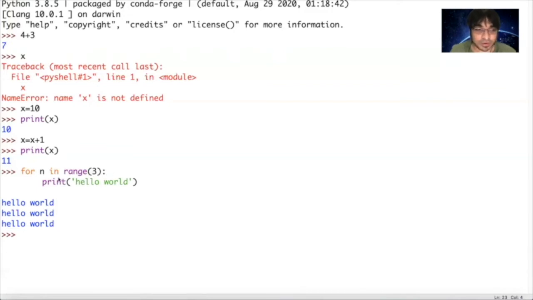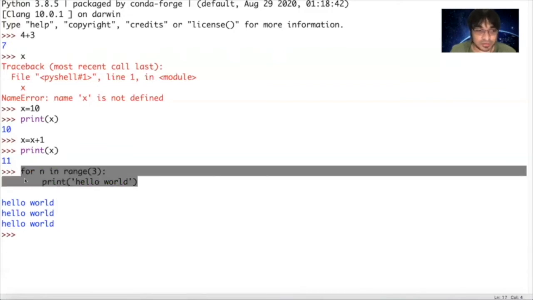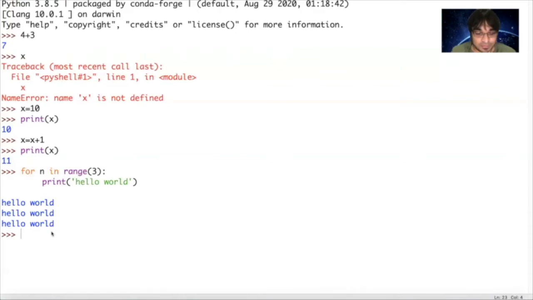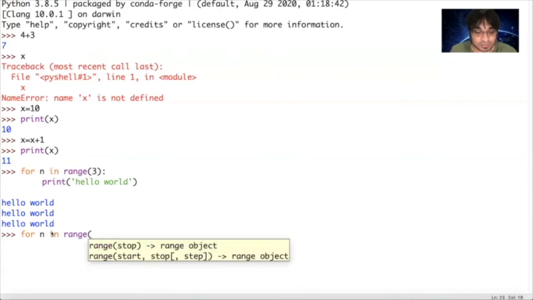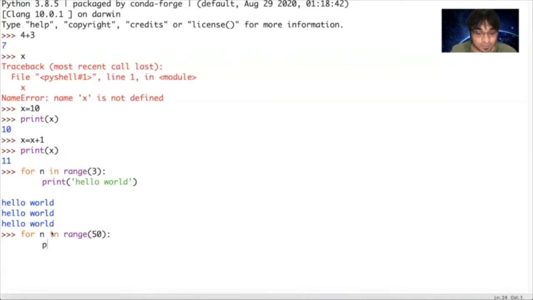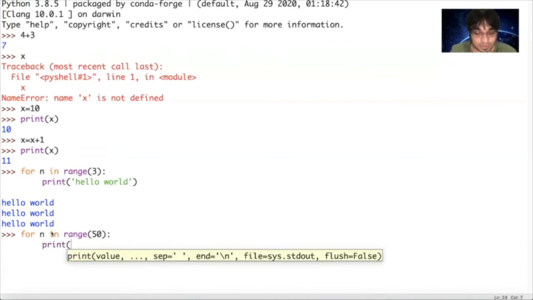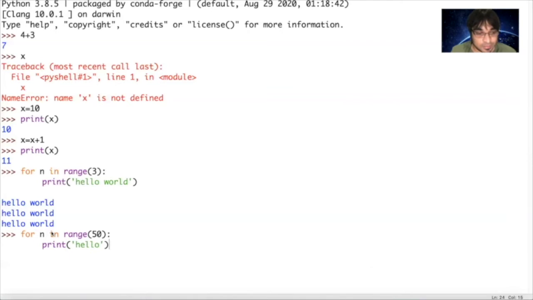So what if we wanted to do this 50 times? Like for n in range 50, print hello. Let's just stick to hello. Hit enter, go back.